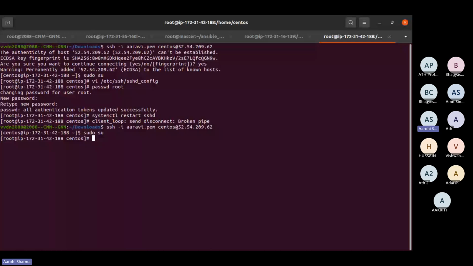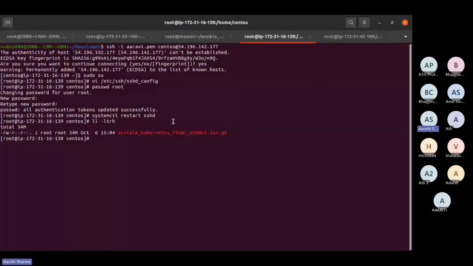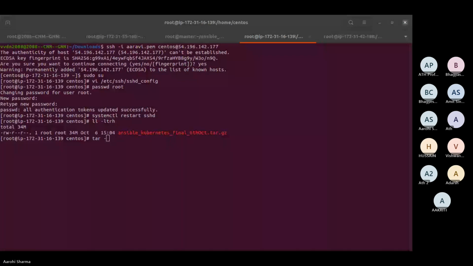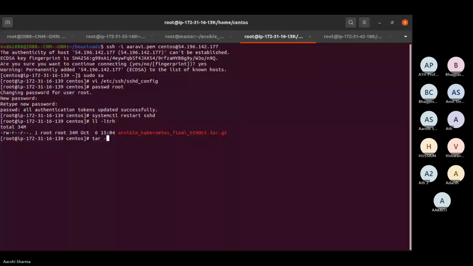Right, in both the machines we are getting the Ansible Kubernetes. After this, I want to untar this file. Give me a minute, is it zxvf or czvf?